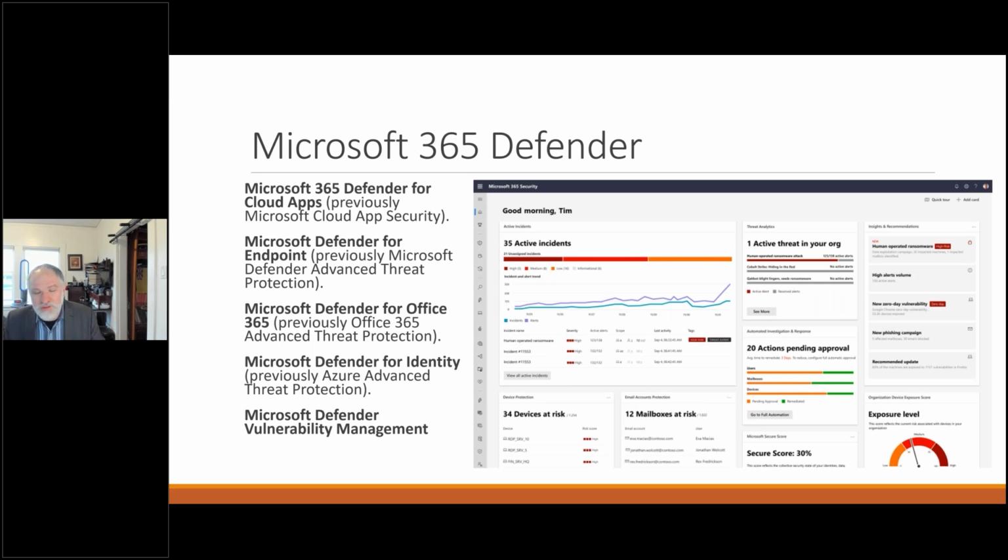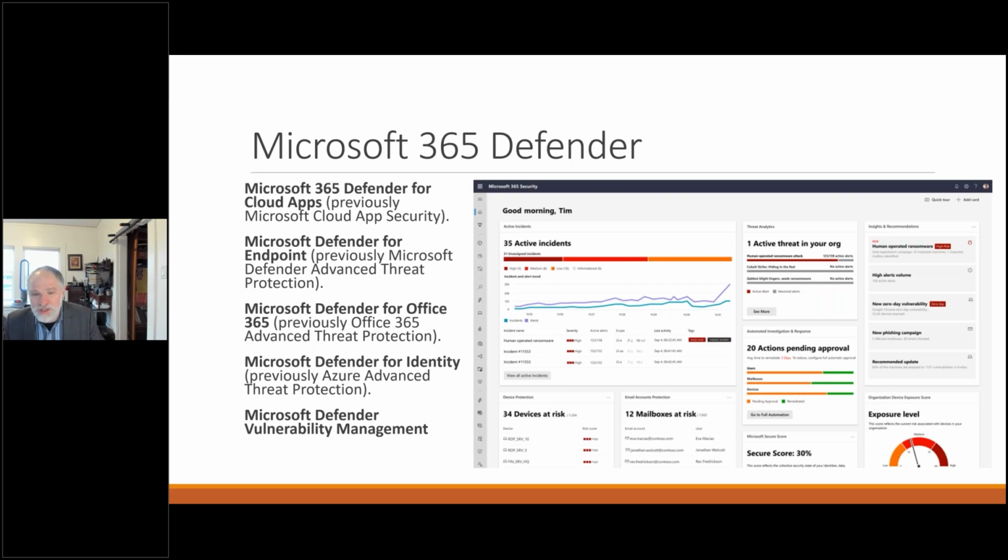But we've got Defender for Cloud Apps, which I mentioned we'll take a look at. So that's that cloud-based tool, looking at all the different cloud tools. This user uploaded 40 gigs to Dropbox, for example, or this user is accessing these particular sites and doing these particular things. I just had a client the other day ask me, show me all the users that are accessing LLMs, and that can be very easily done with Defender for Cloud Apps.